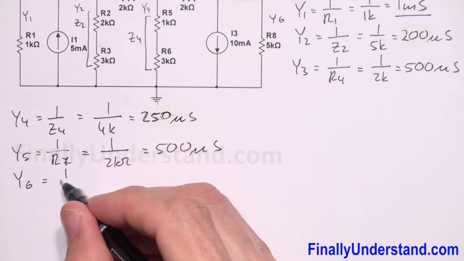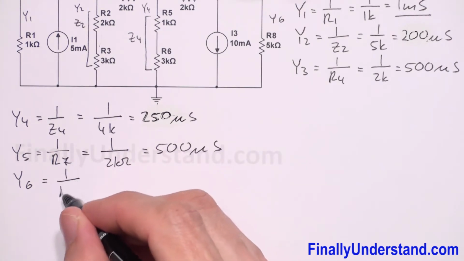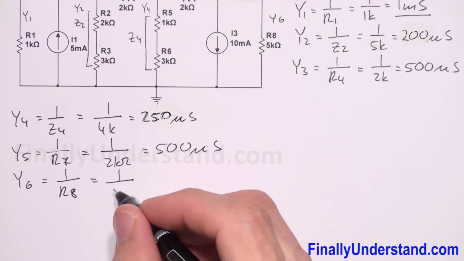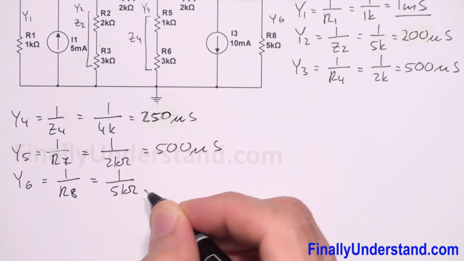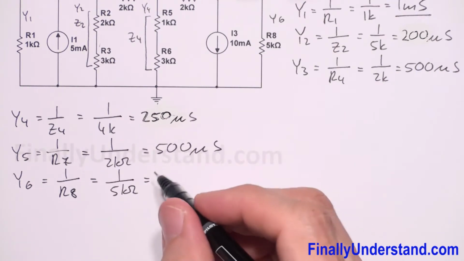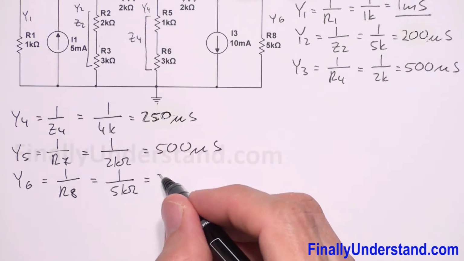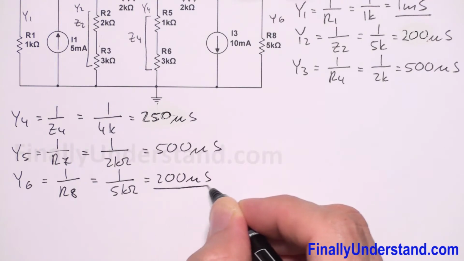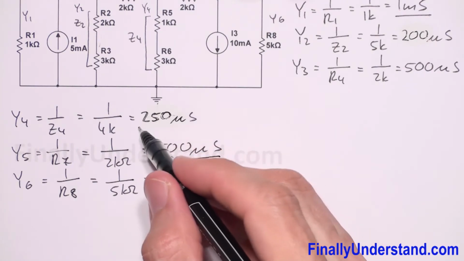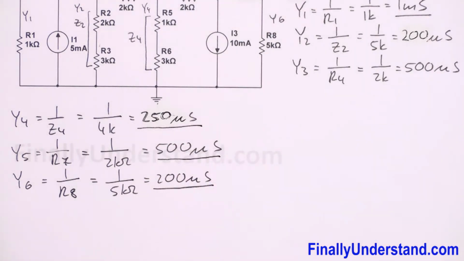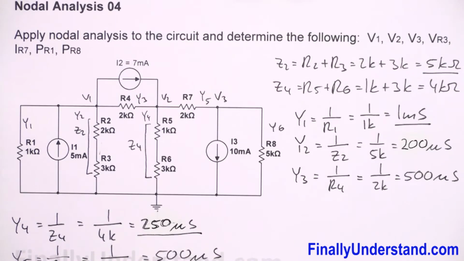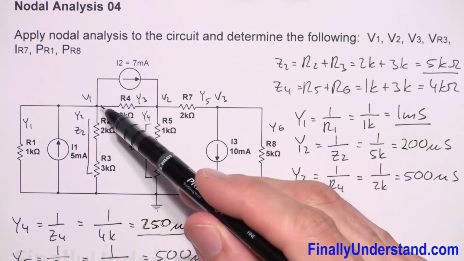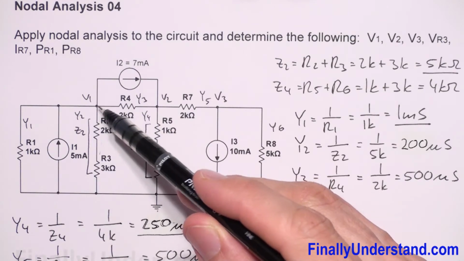Y6 is equal 1 over R8, and this is equal 1 divided by 5 kilo ohms, and this is equal 200 microsiemens. Okay, so next we're supposed to find the currents, right, which are going to come or leave the particular